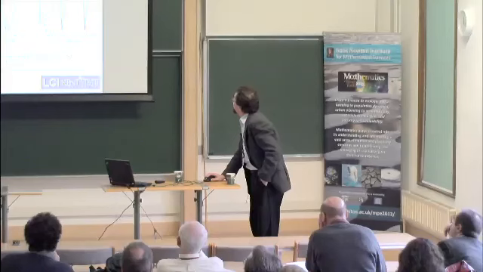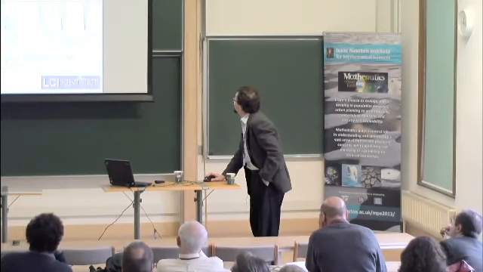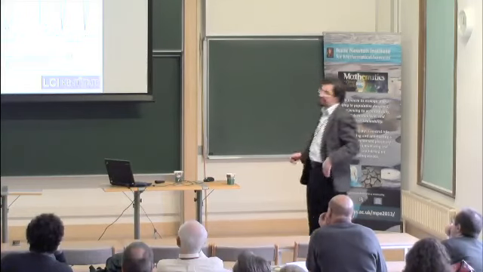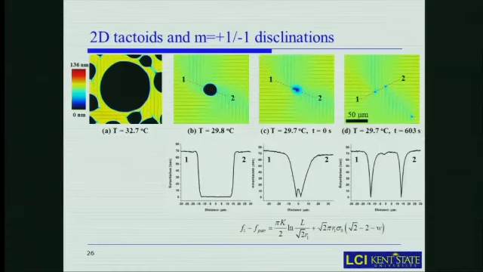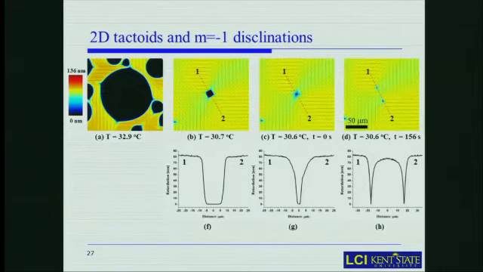But when the core shrinks, then it is the elasticity of the director field outside and between the two half disclinations that prevails, and it's better for the disclination to split because the elastic energy of a disclination is proportional to the square of the winding number or topological strength. Similar things happen for a disclination of -1